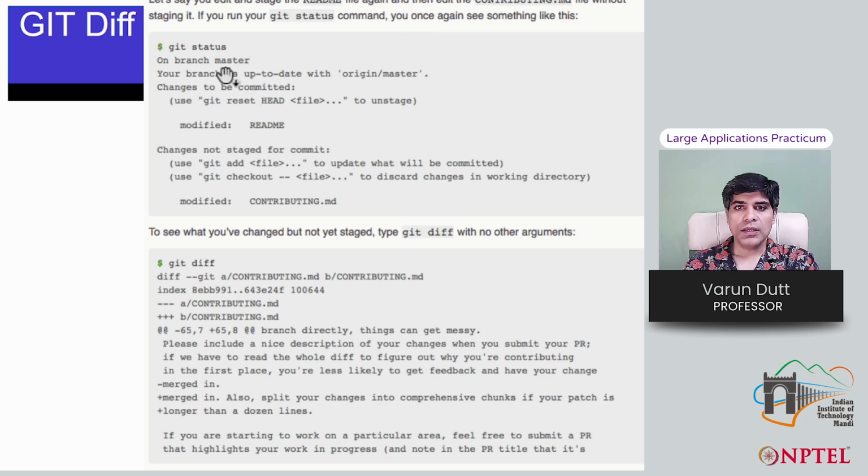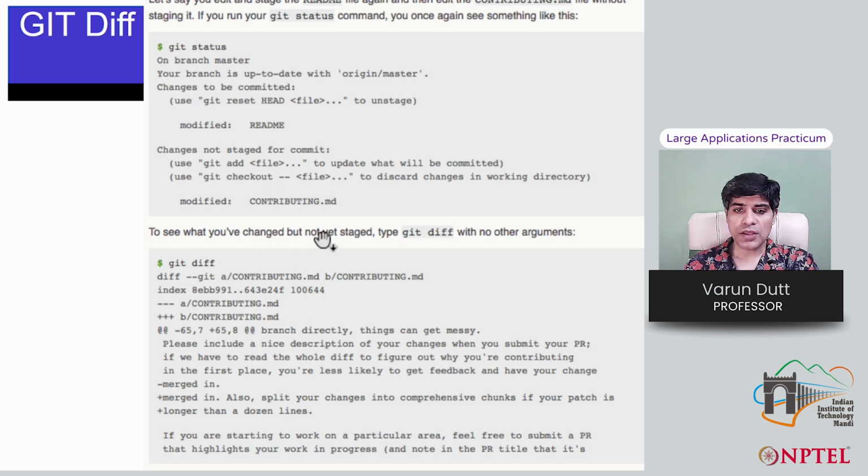You will see that the branch is up to date, but changes to be committed are README, because this file has been edited and staged. However, for the file contributing.md, these changes have been made but the file is not yet staged, and therefore it says that you can add the file or you can discard the changes in the edited file by checking out the version in the repository.